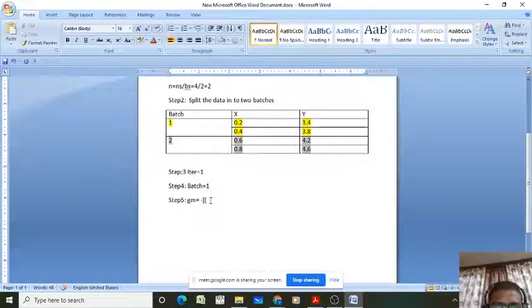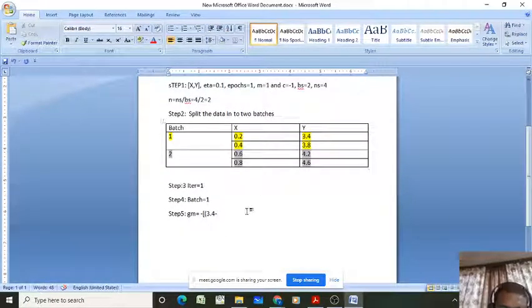YIA means the value from the numerical calculation we are doing. So what is the value here? 3.4. Perfect. So 3.4 minus the M value, which we initialized as 1. So 1 multiplied by 0.2 minus C. C is minus 1, so minus C means plus 1. Yeah, perfect. Multiplied by 0.2. Next, what may be the next expression?